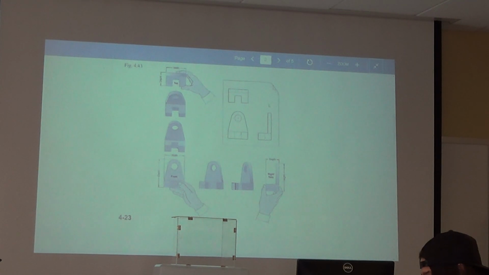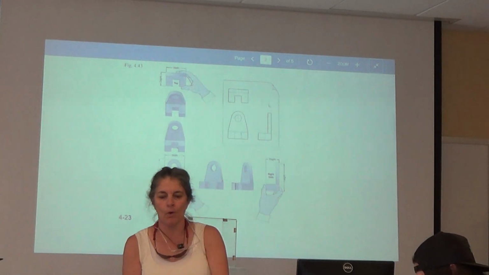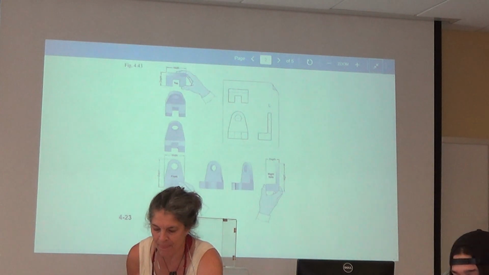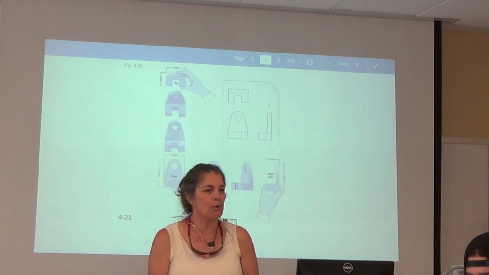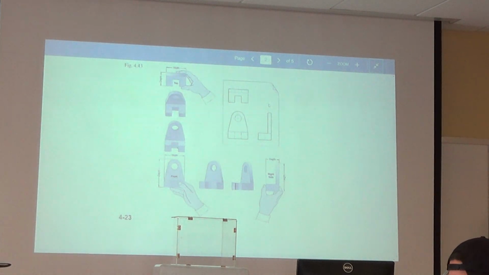And I see that you already figured out the drafting table. You can either put it up if you want, or you could lower it. It doesn't have to be at that big of an angle. It's whatever you're more comfortable with. Put it back up. One thing that's helpful though,